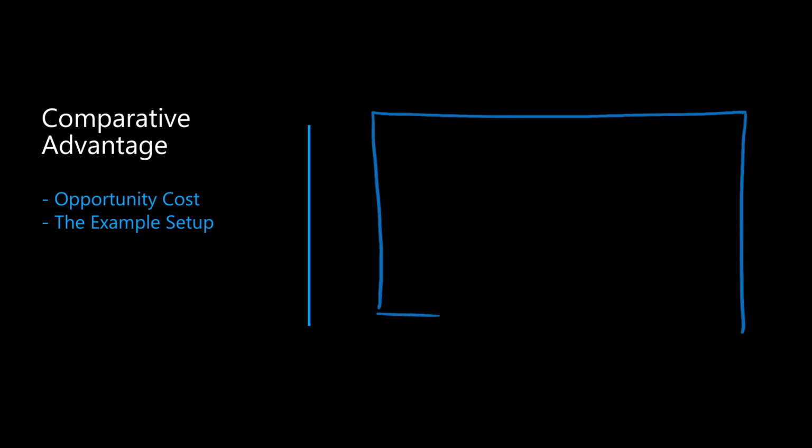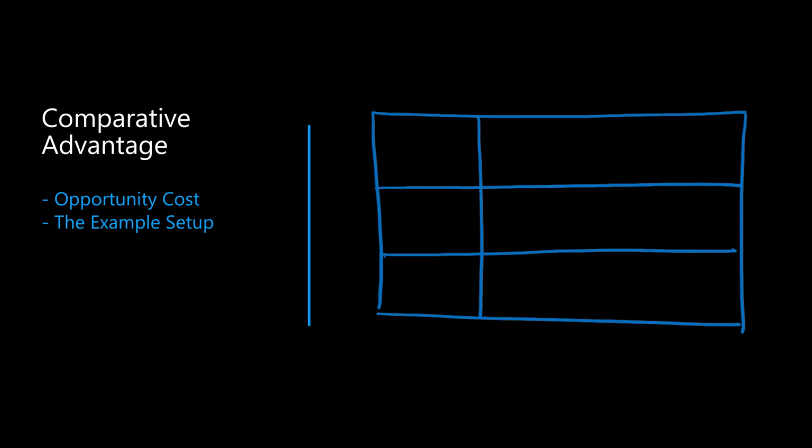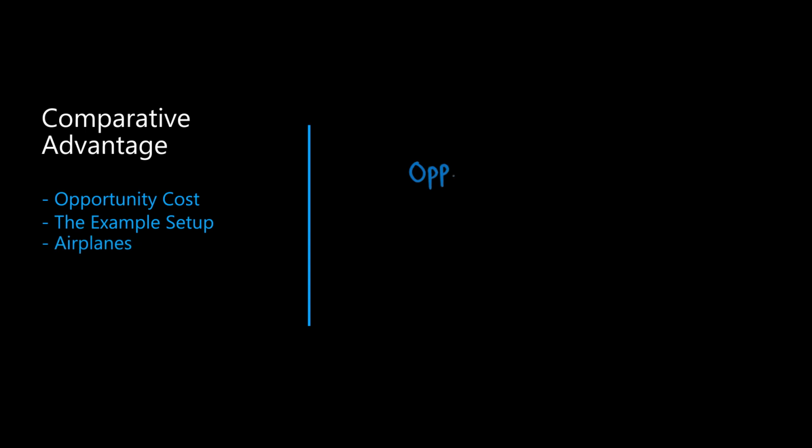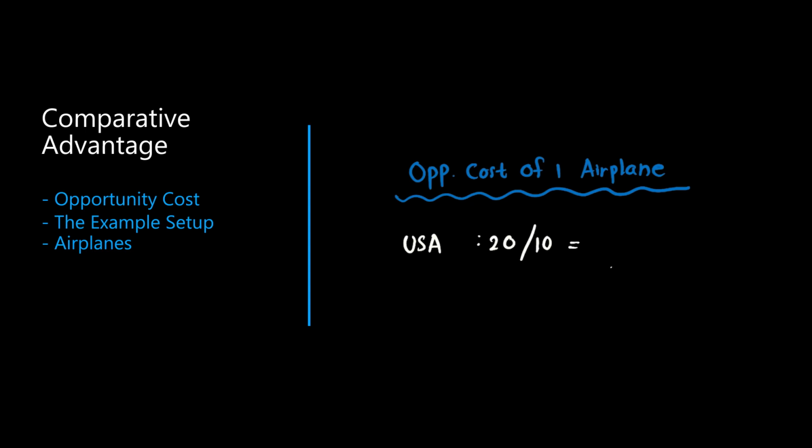Let's walk through an example. Imagine the US can produce 10 airplanes or 20 tons of wheat. China can produce 2 airplanes or 16 tons of wheat. The US has an absolute advantage in both. So should it do both and not trade? No. Let's look at the opportunity cost. For the US to produce 1 airplane, it gives up 2 tons of wheat. 20 divided by 10. For China to produce one airplane, it gives up 8 tons of wheat. 16 divided by 2. The US has a lower opportunity cost for producing airplanes, so the US has the comparative